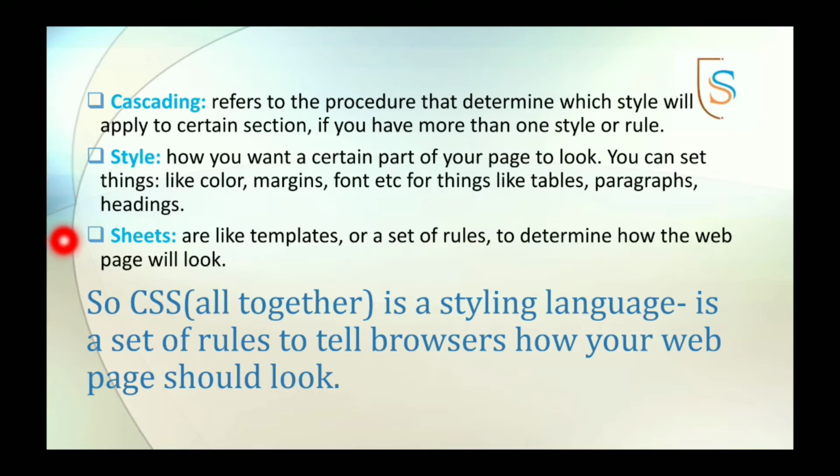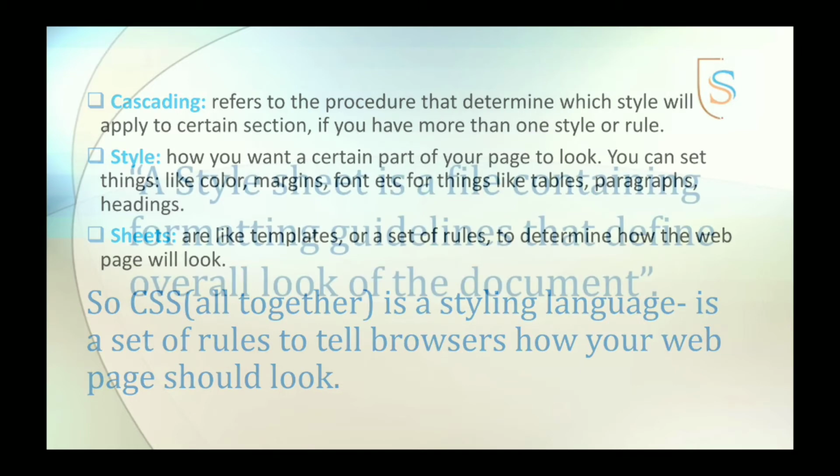Now, sheets are like templates or a set of rules to determine how the web page will look. This is the set of rules which we follow while creating those sheets. So CSS altogether is a styling language, a set of rules to tell browsers how your web page should look.